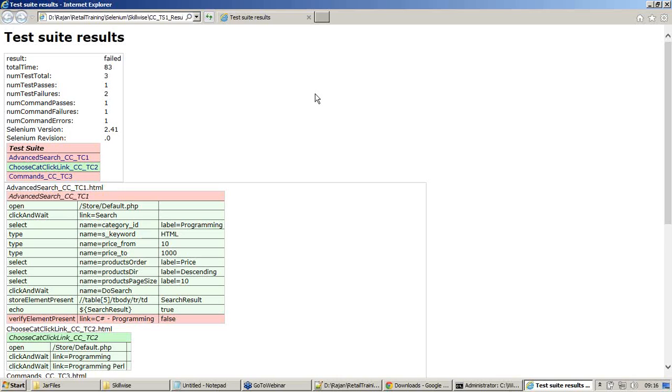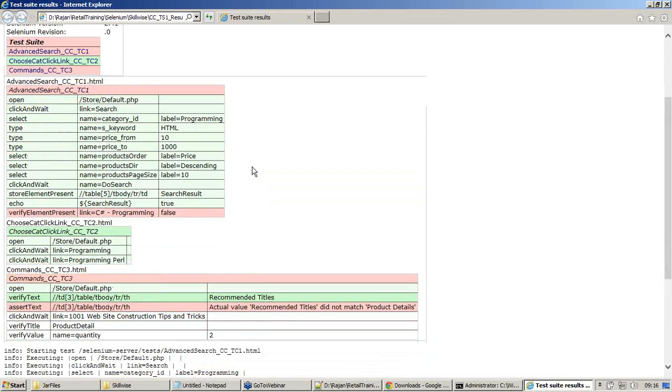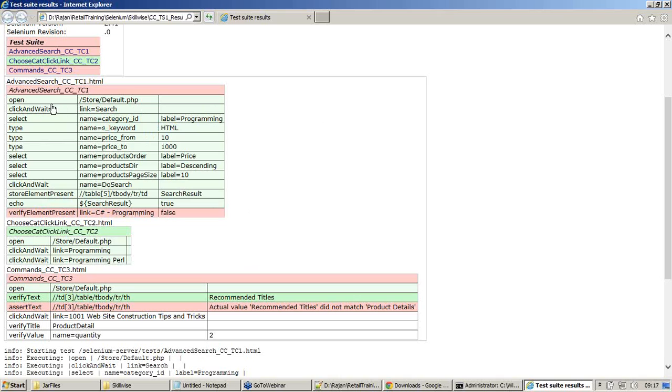So you are getting these many statistics whenever we run the test suite with Selenium server. It gives us color based highlighting, through which we know what failed and what passed. Test suite and test case names, all the commands which got executed.